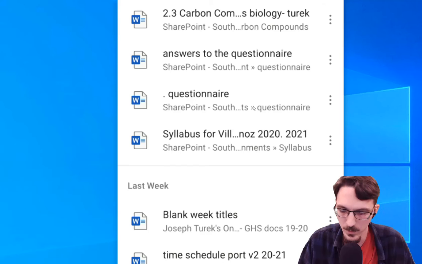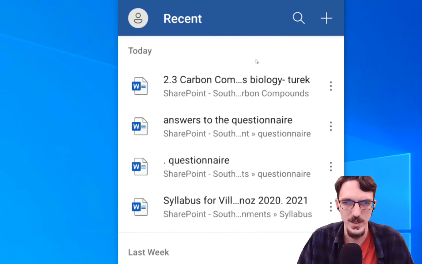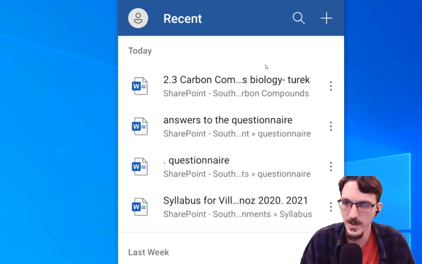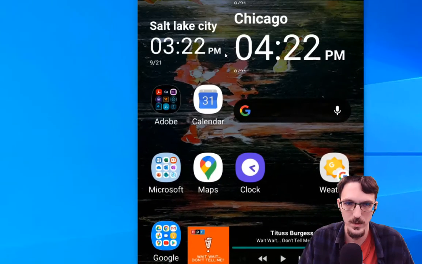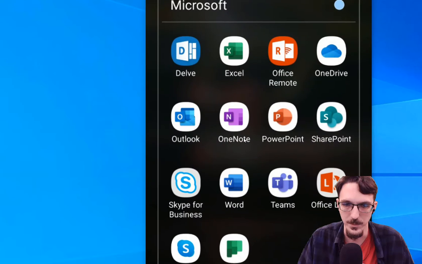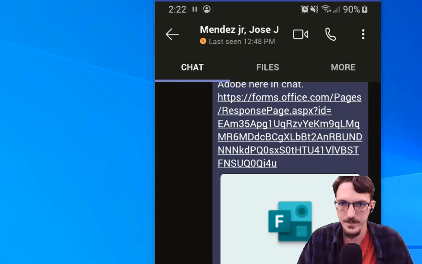Well, we know we attached it to the Teams document, so I'm just going to check Teams. It looks like it popped up right here. But let's say we can't actually find it. So I'm actually going to tap on my home button right here, and we're going to go to Teams. So again, if I tap on Teams,